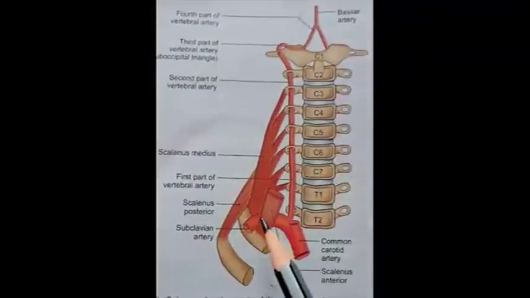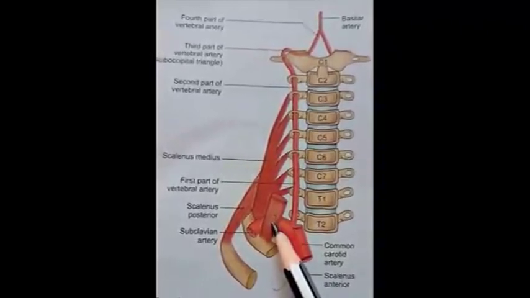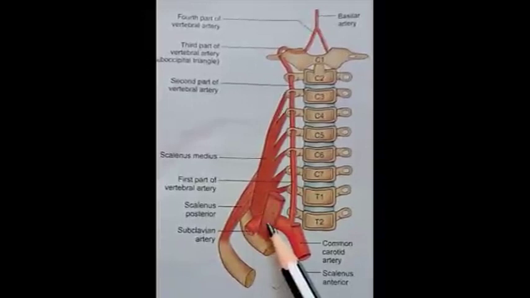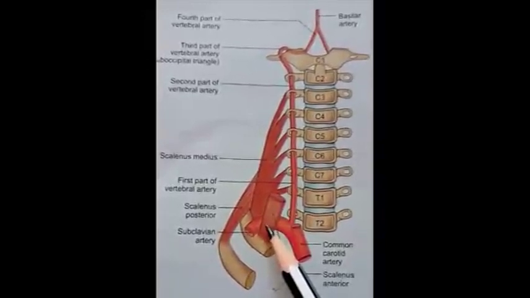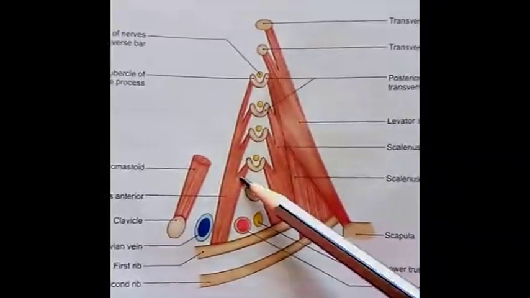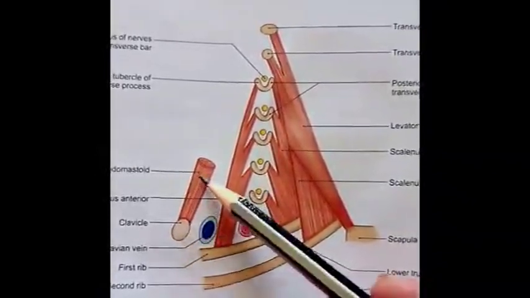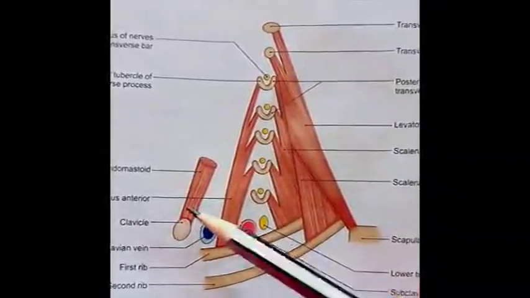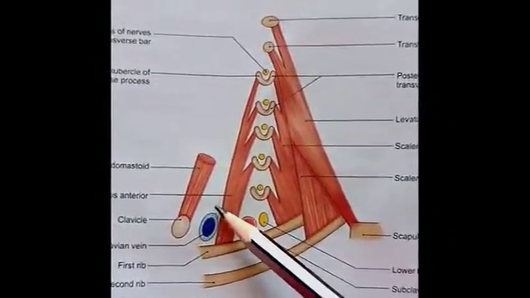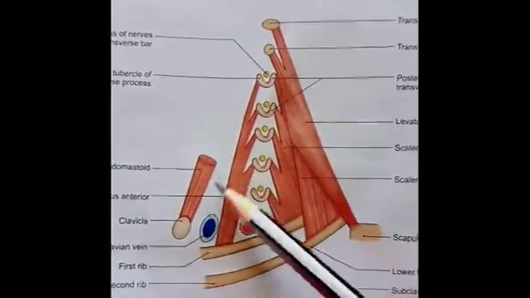Scalenus anterior muscle is the key muscle of the lower part of the neck because of its intimate relation to many important structures present in the lower part of the neck area. It is a useful surgical landmark. This is scalenus anterior muscle and it is related anteriorly to the clavicle bone, sternocleidomastoid muscle, and internal jugular vein, which is present in the lateral aspect of the carotid sheath. So it is also related to the lateral part of the carotid sheath, and also the phrenic nerve, which crosses from this area.